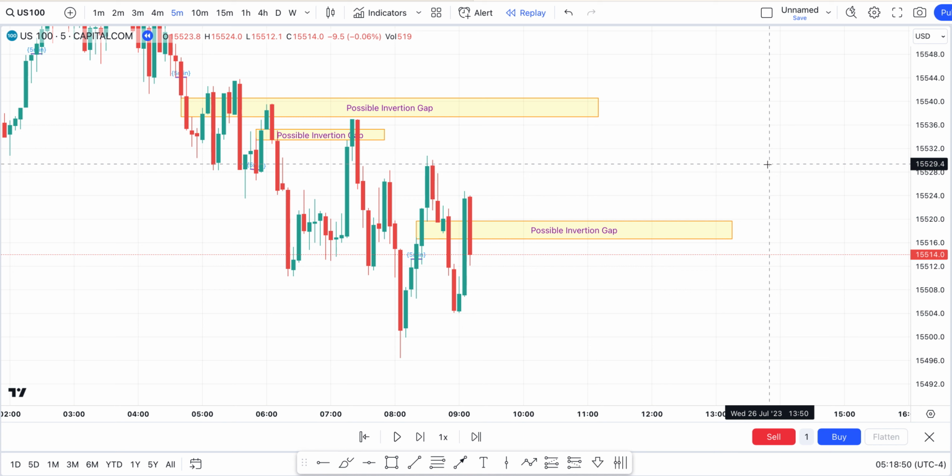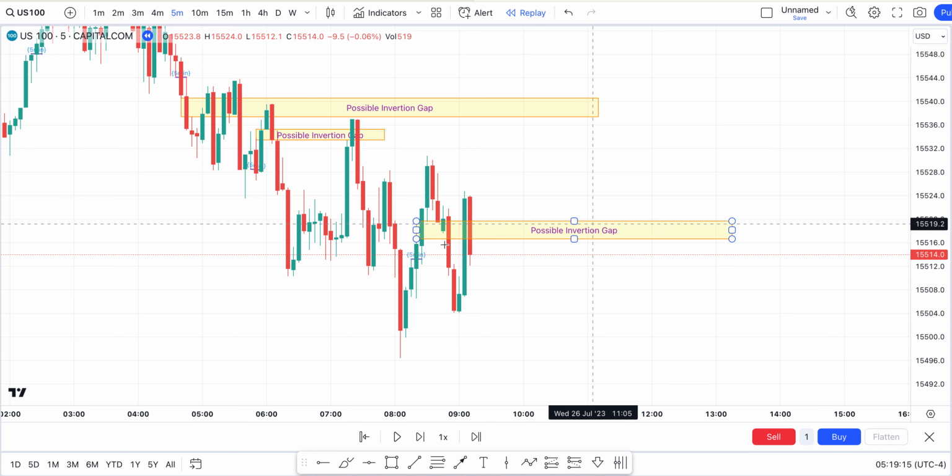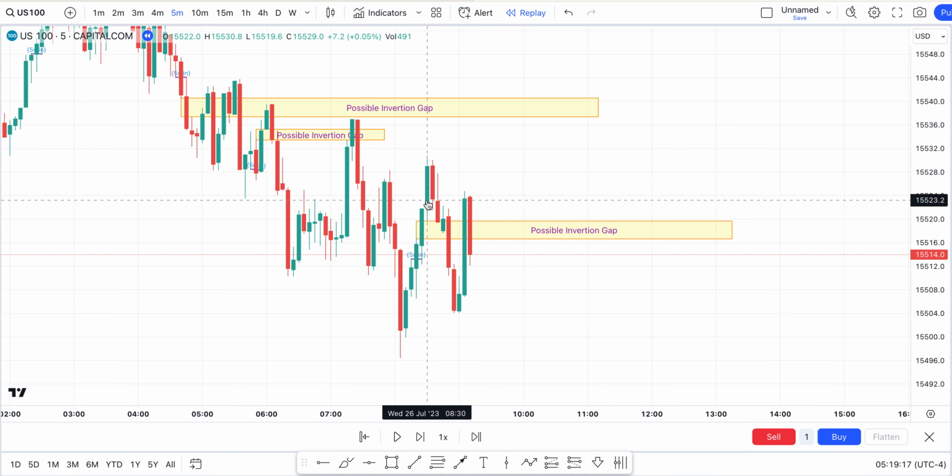And guys, sorry, ladies and gentlemen, guys and girls, if you see this inversion fair value gap, it's not a standalone pattern. It could be a standalone pattern, but a lot of times you'll see things line up with this. So this area will now be looked at as like a selling area, but there's this order block in here